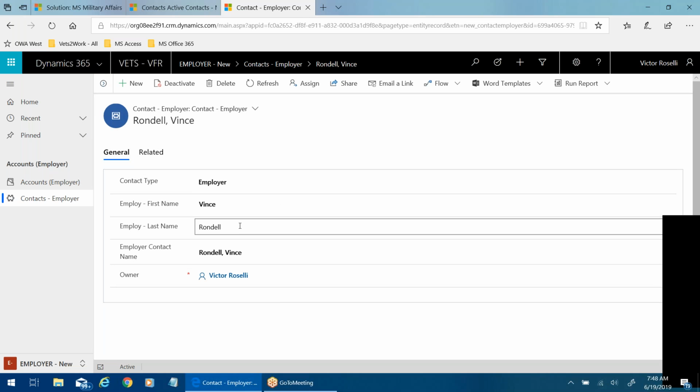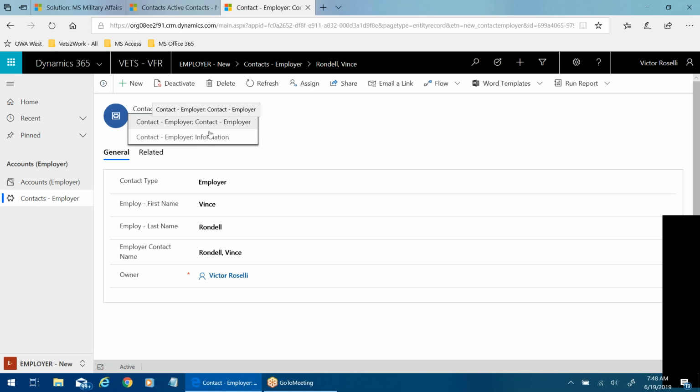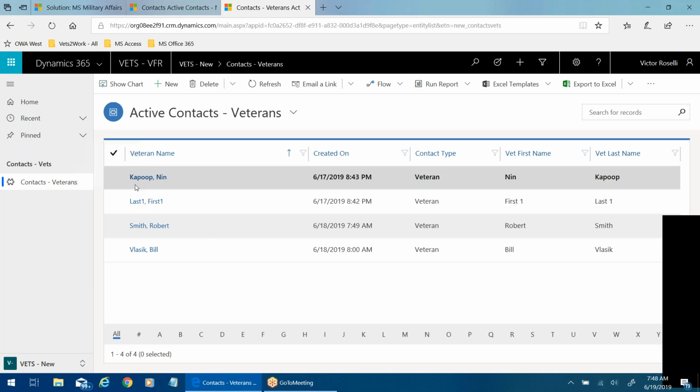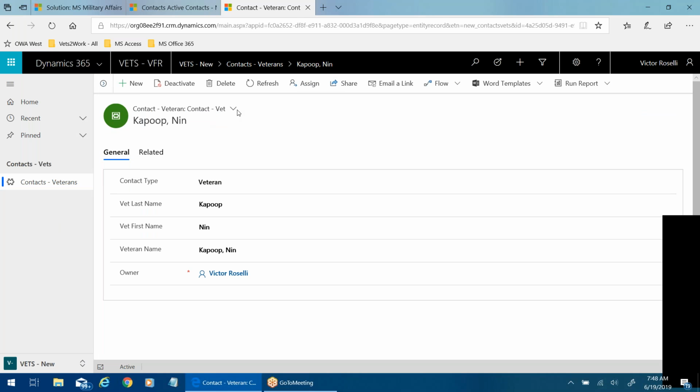Now go to the drop down. Oh, I see, you've got a different view. If you say it's a candidate type of contact, you don't have a view for that. I locked in a view, a form or whatever, for contact employer. Then I locked in one over here for where I have vets, and I click on one. It should say contact vet. Okay, so you've got contact vet. Now, do me a favor.